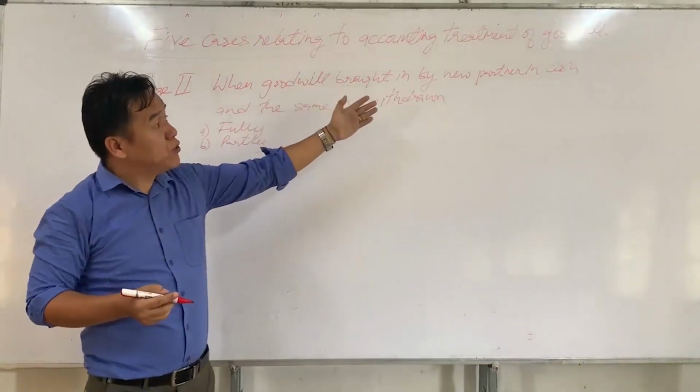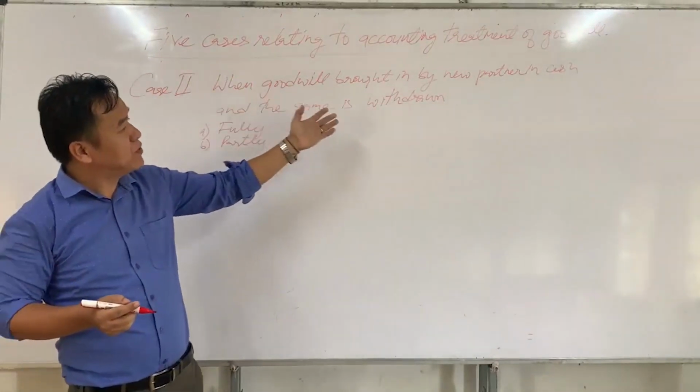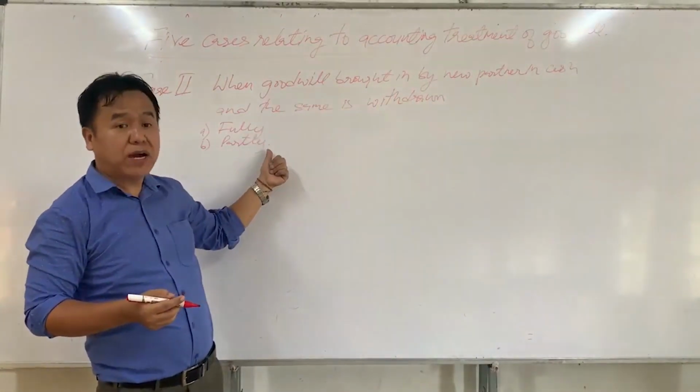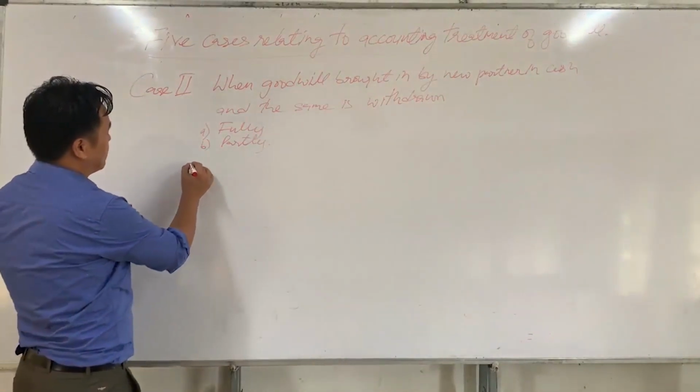If goodwill is brought in by new partner in cash and the same is withdrawn fully or partly, then the journal entry will be: